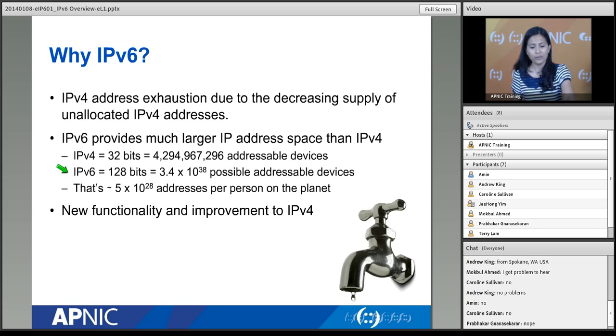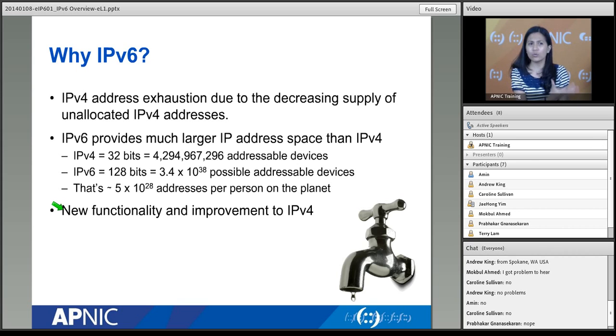Now, another thing with IPv6 is, of course, when they're coming up with a new protocol. When they came up with IPv4 first, that was in the late 1970s. If you look at the TCP/IP protocol specifications, it was published by Bob Kahn and another guy, Vint Cerf. So those two guys came up with the TCP/IP protocol.